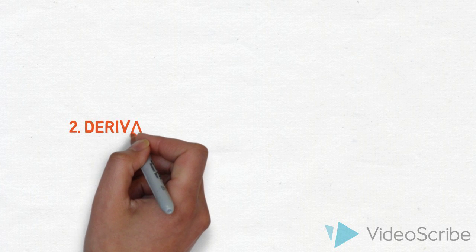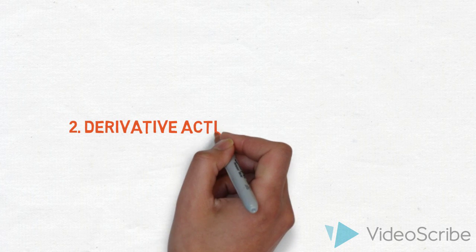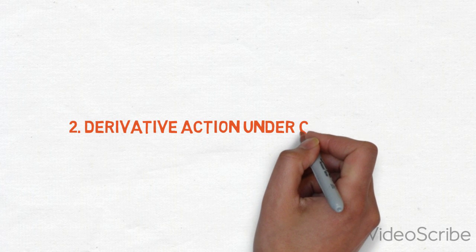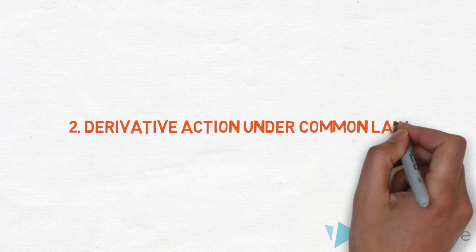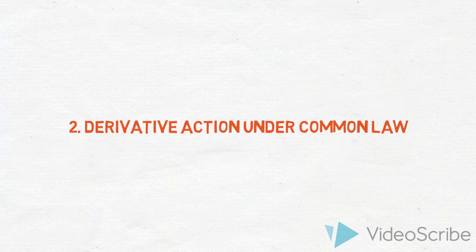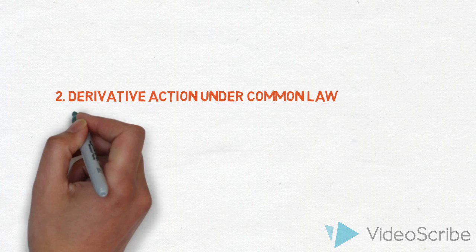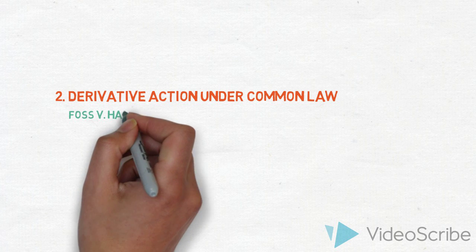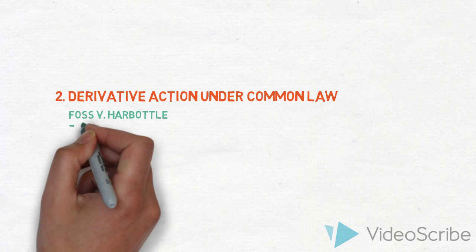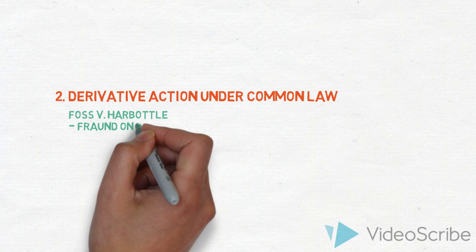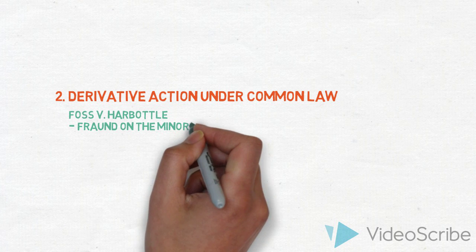For the second issue, on whether or not he is allowed to bring a derivative action under common law, the ruling in the case of Foss against Harbottle states that if a company suffers a wrong, then because it is a separate legal entity from its shareholders, prima facie it is the company that should bring an action. Such a rule allowed a shareholder to bring an action on behalf of the company if two elements could be